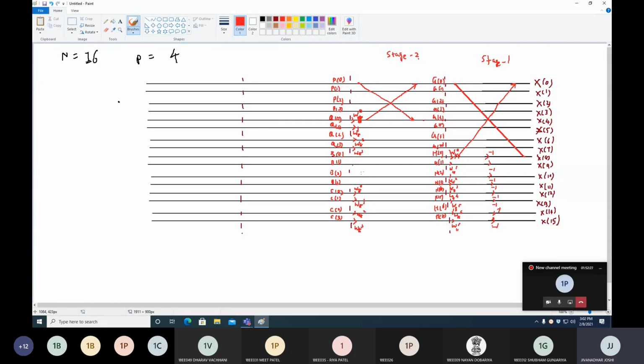Why we should not put any twiddle factor here? Because there are two butterflies becoming here, right? These 8 numbers of signals are forming one butterfly and remaining 8 numbers of signals are forming another butterfly, and you know that top side wing is empty from the twiddle factor. So here we don't need to write twiddle factor, whereas for the bottom 4 numbers of signals we need to write twiddle factors. Is it clear? Say yes or no.